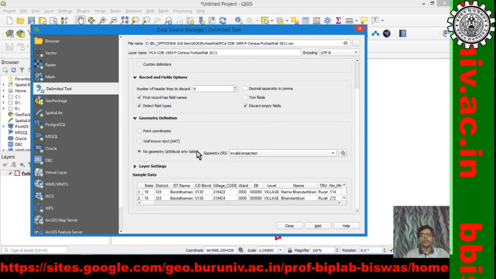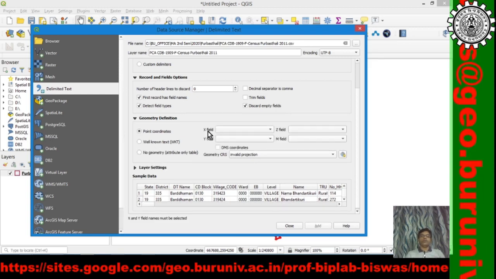Geometry type: as our data has no XY information, latitude longitude information, so it is no geometry. Sometimes we may have data with X field and Y field. For example, if we collect data using GPS or any other devices, or manually, we can add X field, that is the longitude, and Y field, that is latitude.